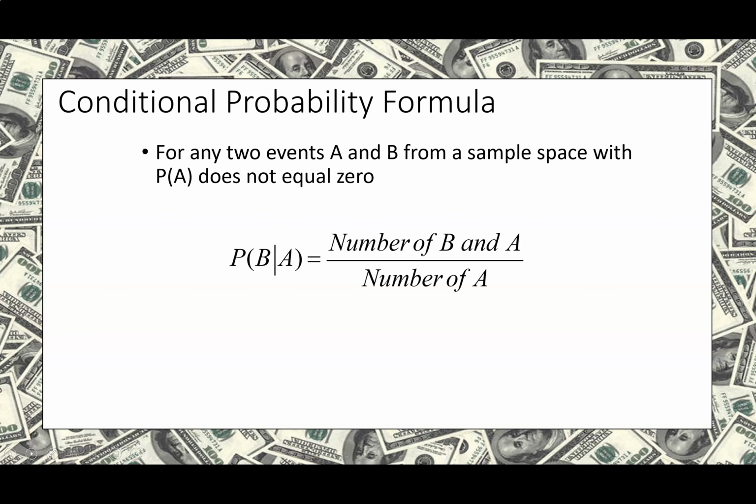All right, here's a formula you need to get down. Conditional probability. For any two events, A and B, from a sample space with probability of A does not equal 0. This really doesn't matter, but it is part of the definition. The probability of something happening, and we're going to call this the probability of B given A. Okay, that's what this means. That symbol right here stands for given. The probability that B happens given A is equal to the number of B and A divided by the number